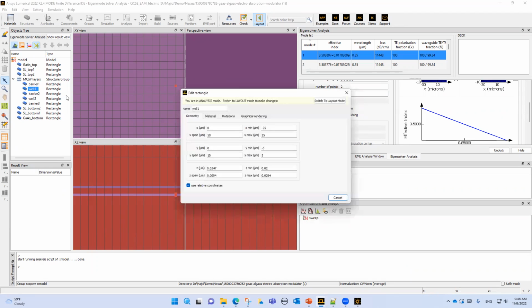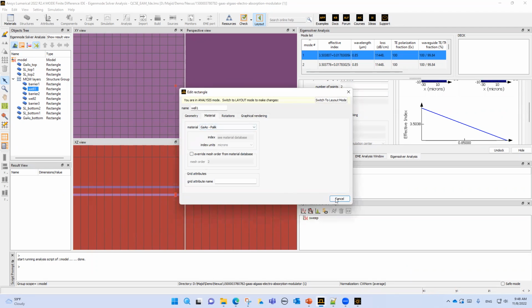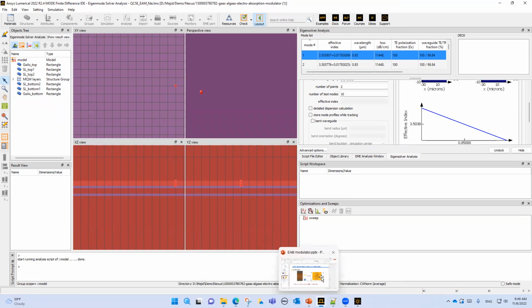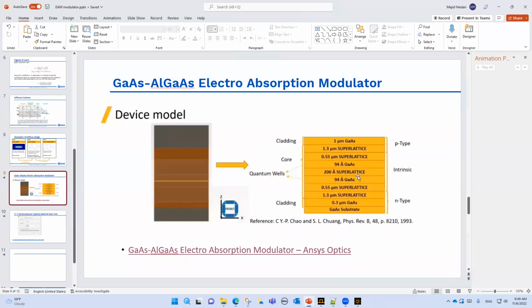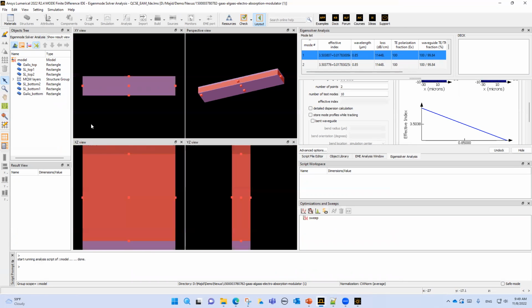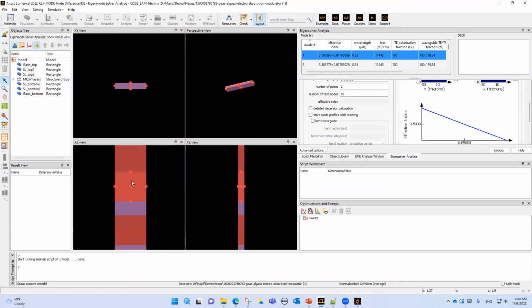So our well is gallium arsenide, then barrier 2, well 2, and barrier 3. So now we have created our structure according to this geometry. So next step,